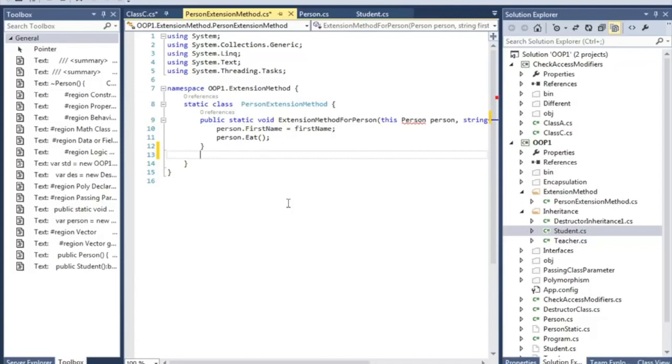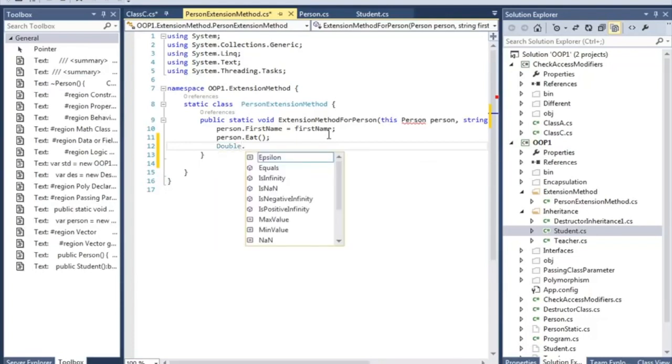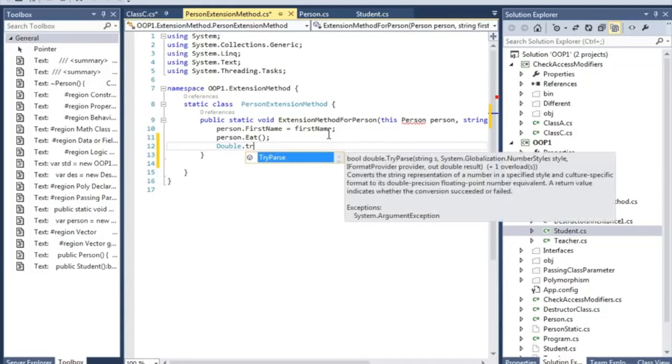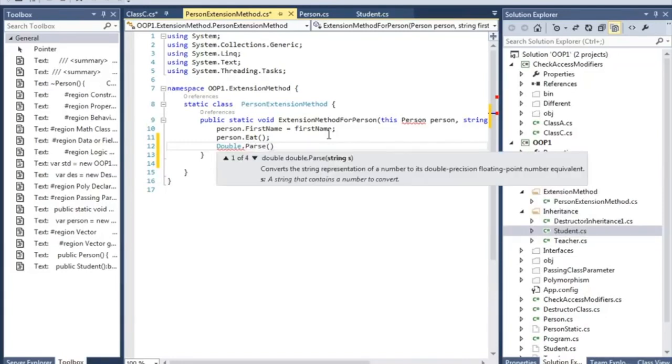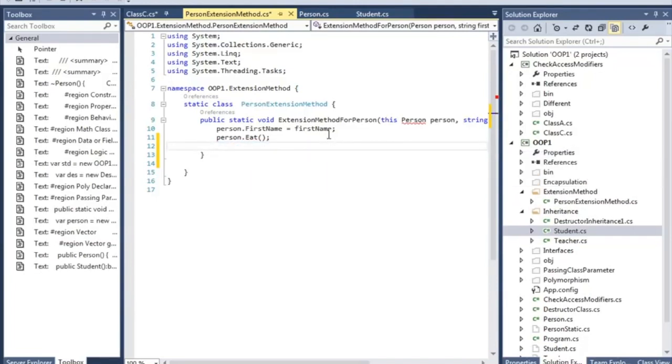In previous days, if you wanted to convert a string to double, what you do is double dot TryParse, or Parse, and then pass the string. So we have to do it like this.